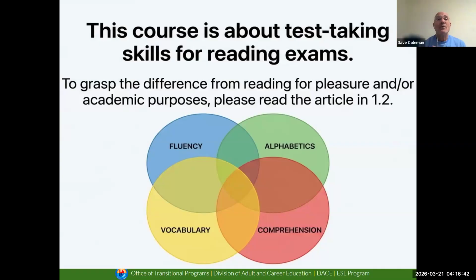Again, it gives you 14 hours. It is a pilot, so you'll be getting in right out of the get-go. Fabulous, wonderful training. You will choose an area of emphasis, whether it's fluency, alphabetics, comprehension or vocabulary, and go deep with lots of practice and support from your colleagues and your facilitators. I highly recommend it. If you have more questions, email me and I'll let you know.